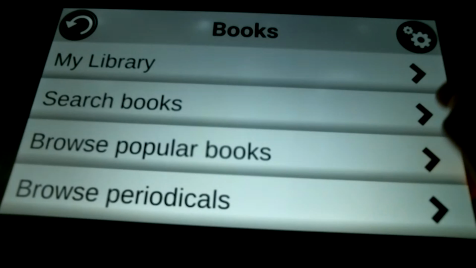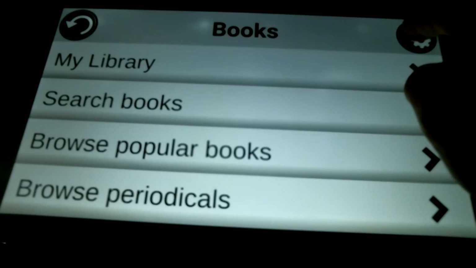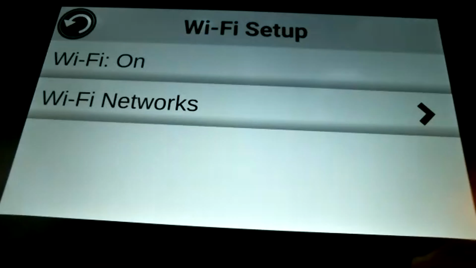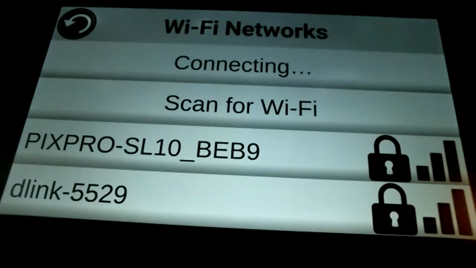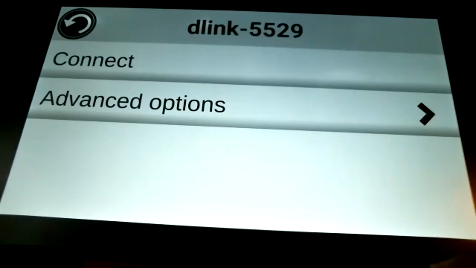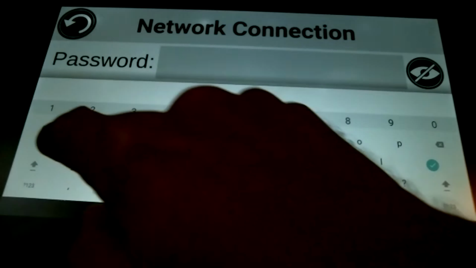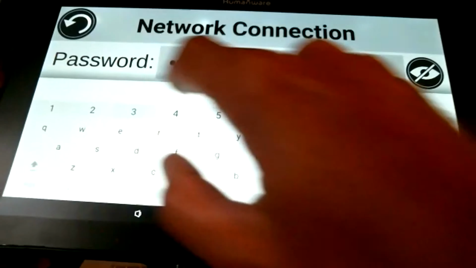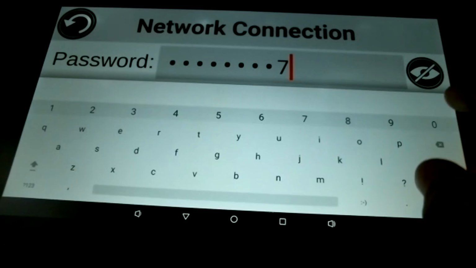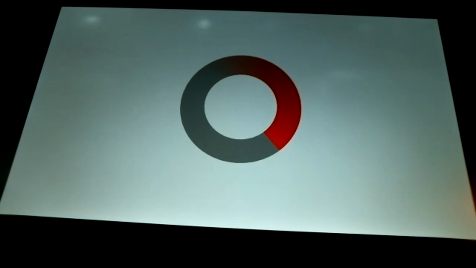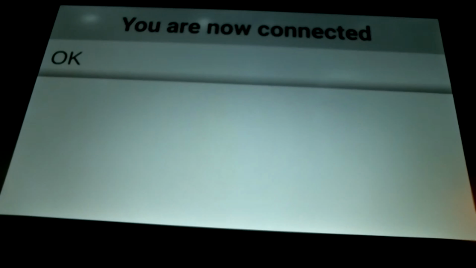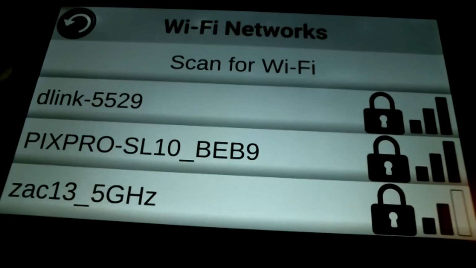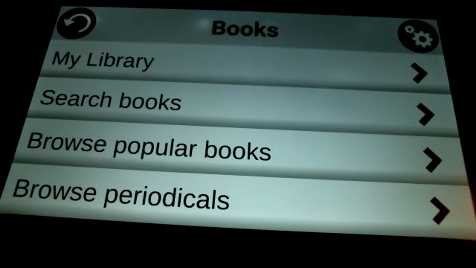I'm going to go back to my books application, my little gearbox, Wi-Fi setup, Wi-Fi networks, and then I'm going to choose my Wi-Fi network and connect. Now everybody close your eyes so that you don't see my Wi-Fi password. Doesn't matter. I'm in Montreal, Canada, so you won't be able to connect to it anyways. Once you're connected, you should have that. Now I'm connected to my internet, and I'm going to go back to my books,